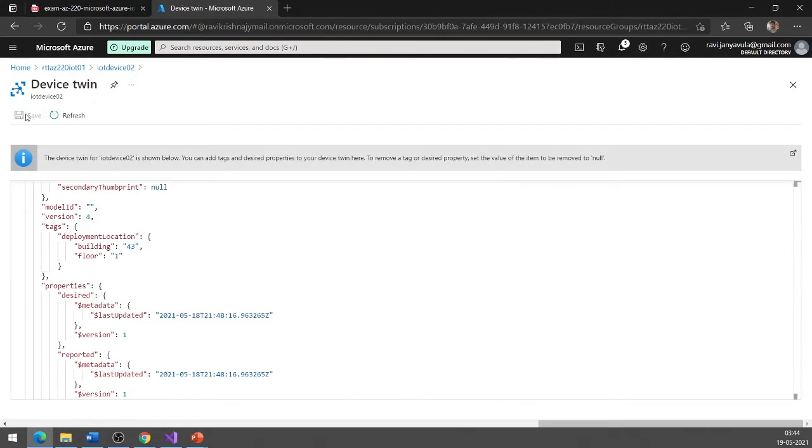If I update the tags here, you can see that the version has changed. So whenever you are doing any update to the device twins, the version itself will automatically get updated. That's handled by the Azure IoT Hub.